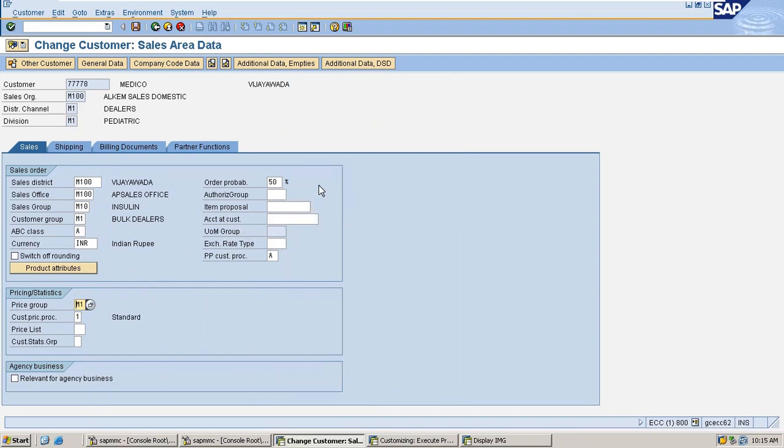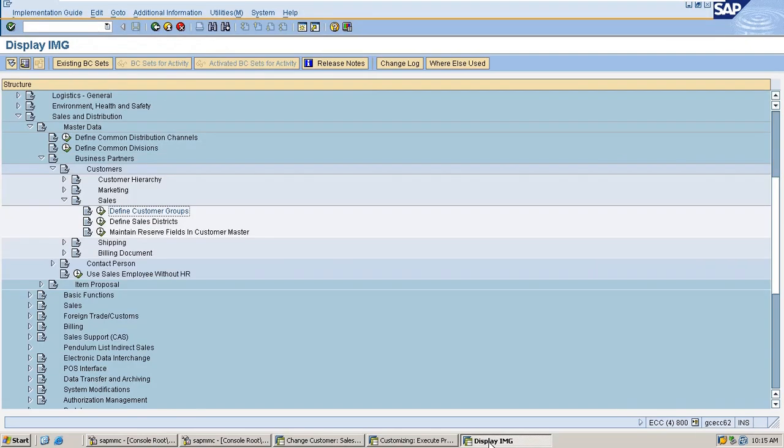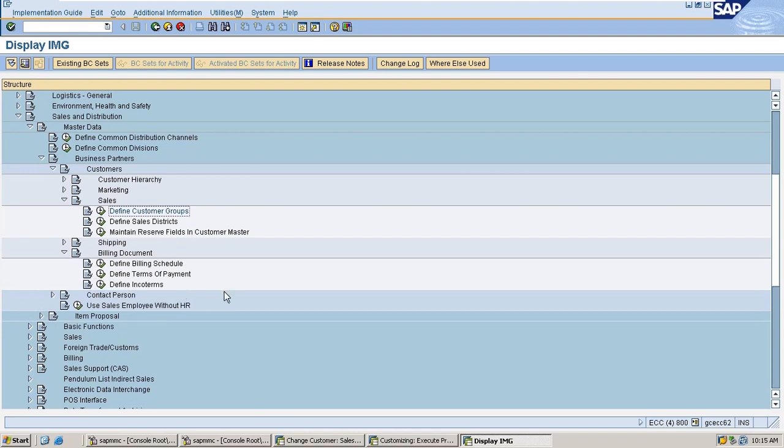So here I am going to assign M1 as the new price group. If you would like to define the new price groups, here in billing,